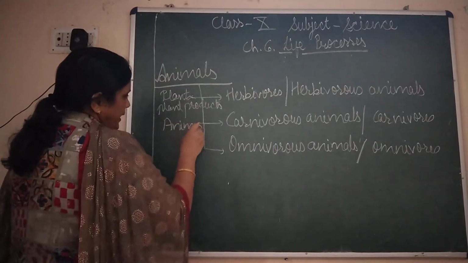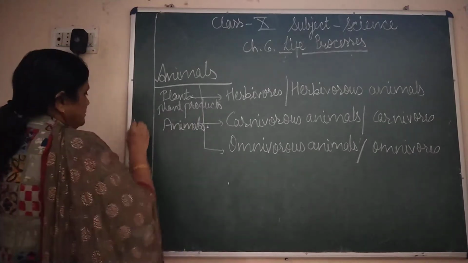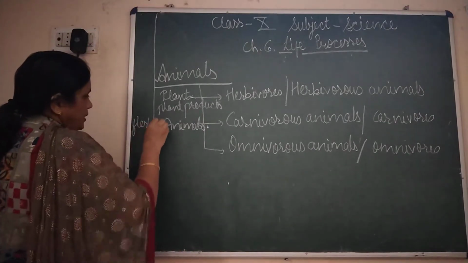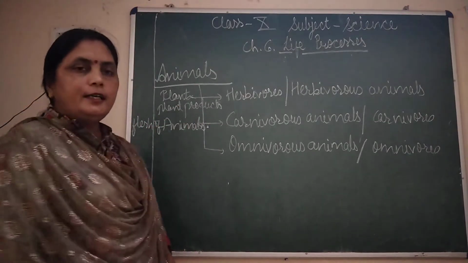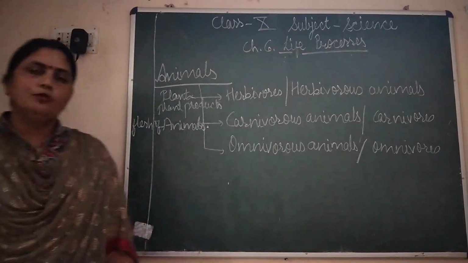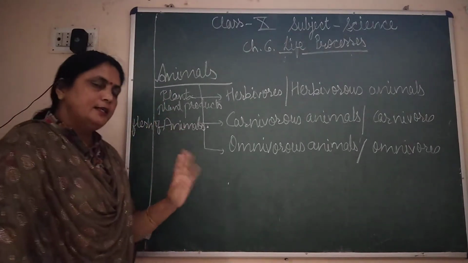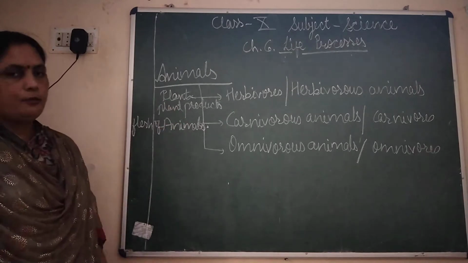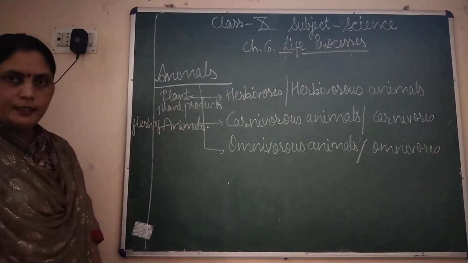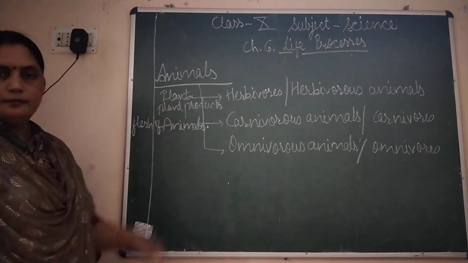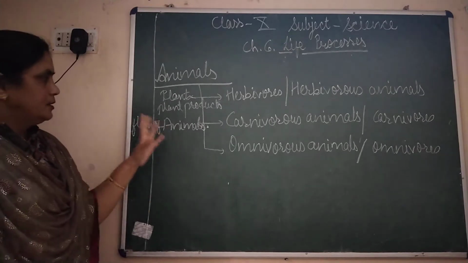They eat the flesh of other animals. So they depend on animals. They do not depend directly on plants. They depend indirectly on plants, because they eat the animals, and the animals which eat the plants are the